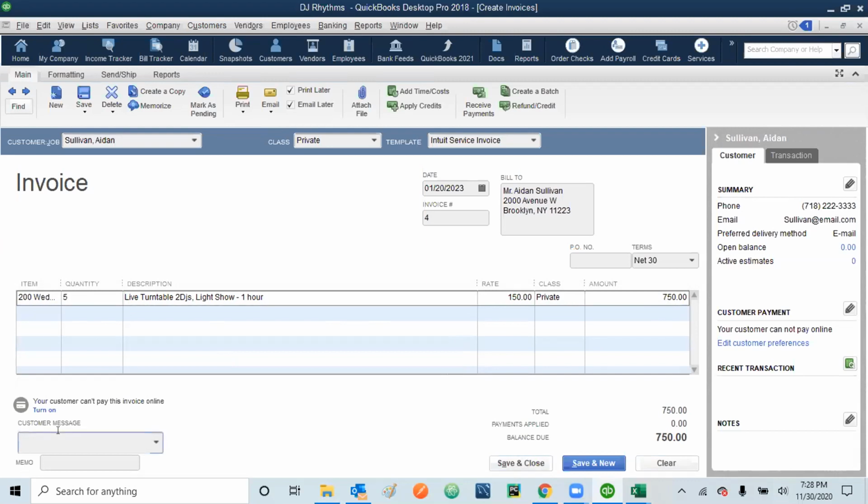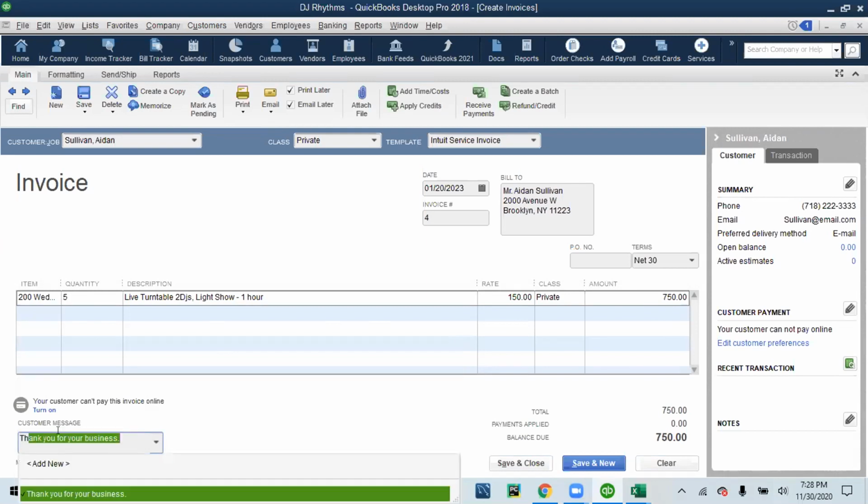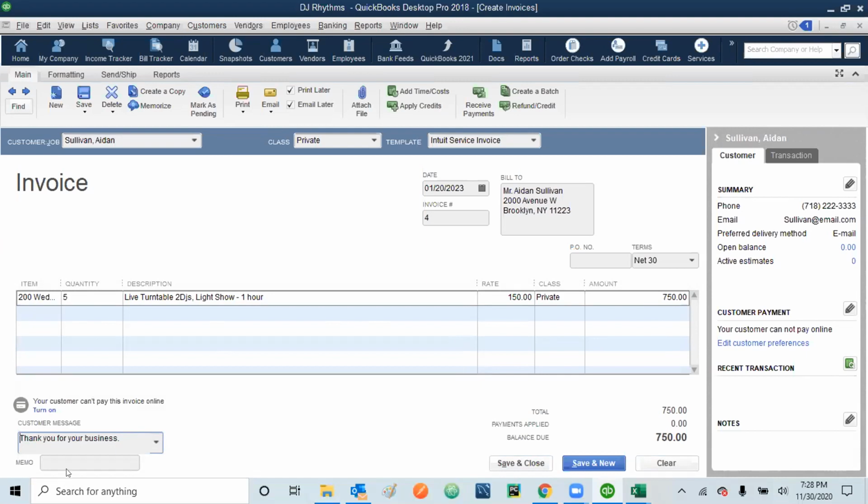I can update here the custom message as thank you for business. And in the memo, I can write here Sullivan wedding standard Jan. This is not the exact wording you need to type; it depends on how you want things to be easily retrievable.